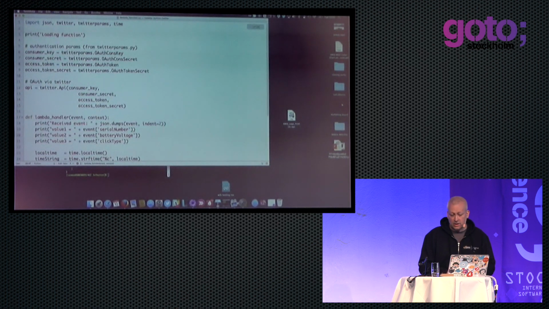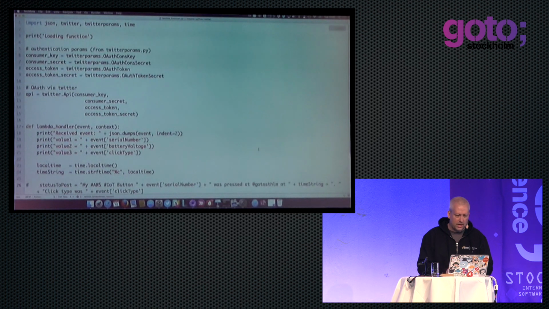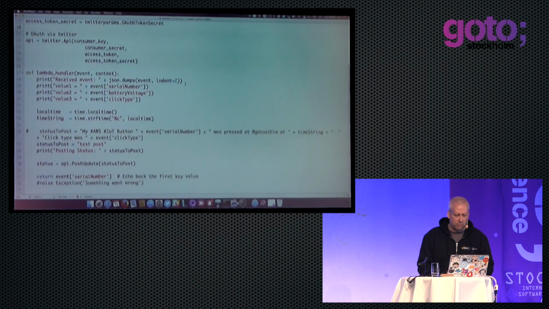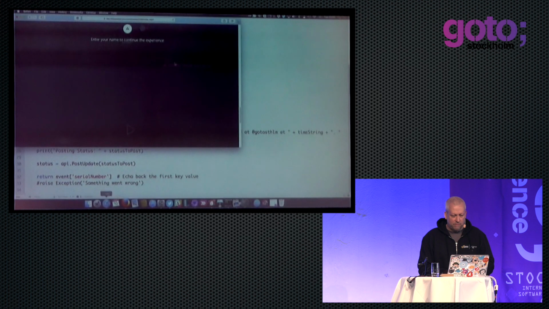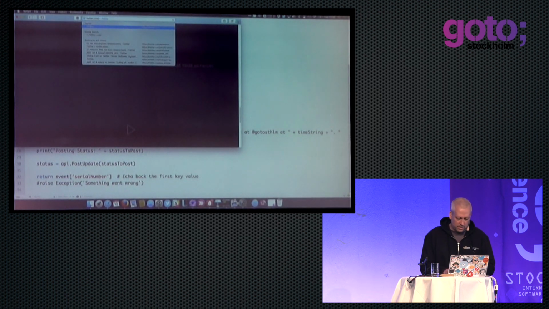So this is what's actually inside this Lambda function. This particular function is written in Python, as you can see here. We're importing some stuff which should give a clue as to what this particular function's concerned with, which is using the Twitter API. I have a set of secrets that I drag in from another module. And then I have a status being constructed here and posted to a Twitter API that uses those API credentials that I provided there. And if I jump into my Twitter account,